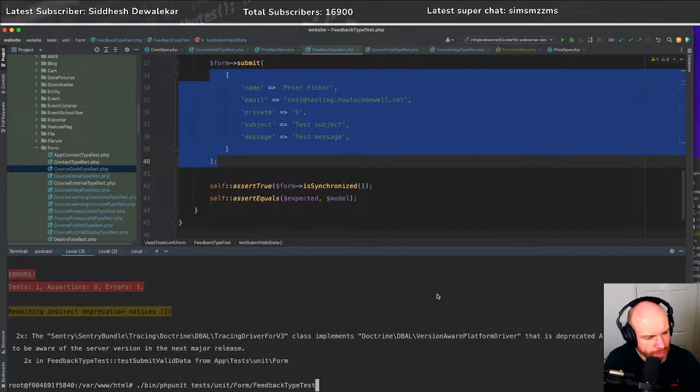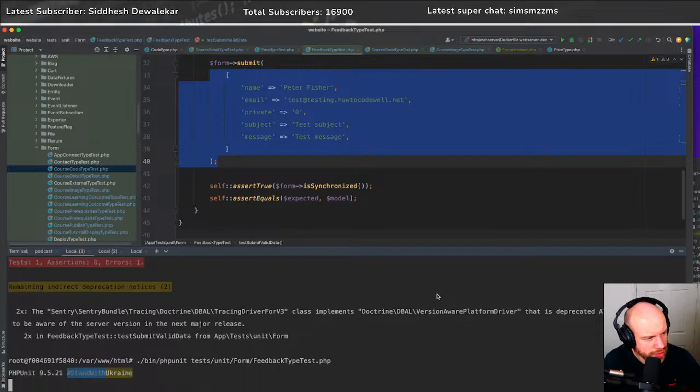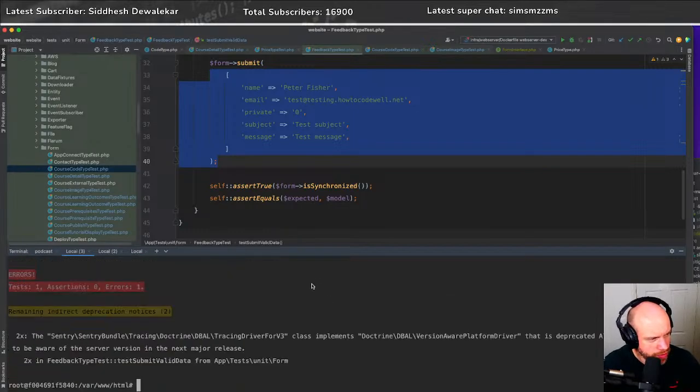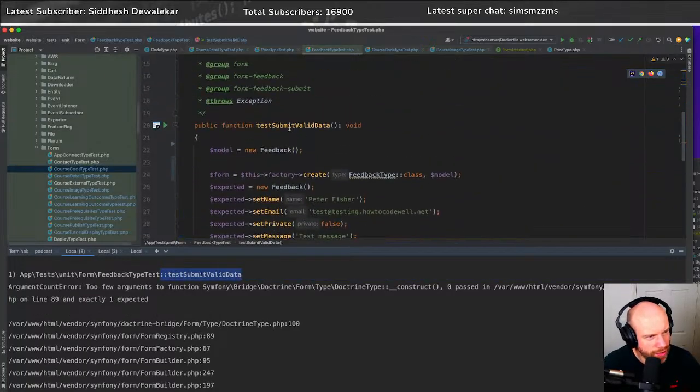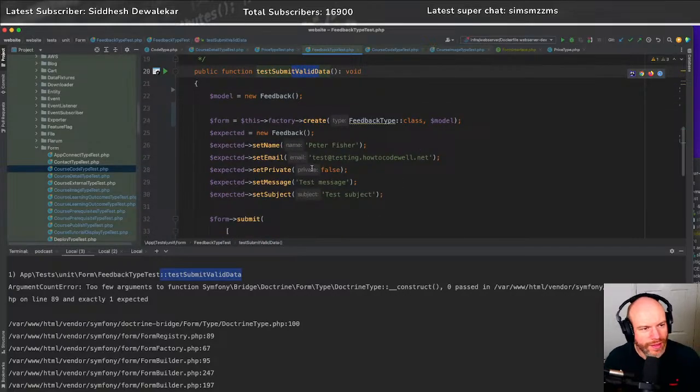Oh, I'm doing feedback type. No, that is correct. Feedback type test. That is correct. Right. Test submit valid data, which is what we are running here. I could probably get rid of that, just test submit data, because we're not testing the validation. Anyway,